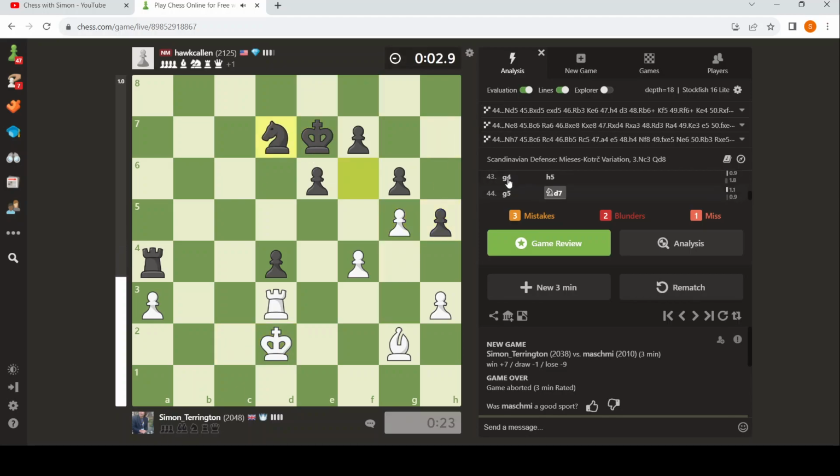Now, what I'm doing here is just time. So it's drawn here. I mean, it's drawn on the board. But we do have an outside passed pawn. We're a pawn down, right? But